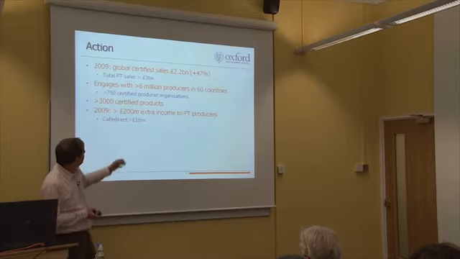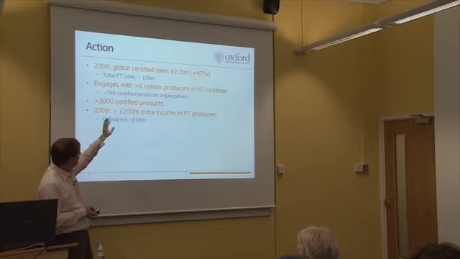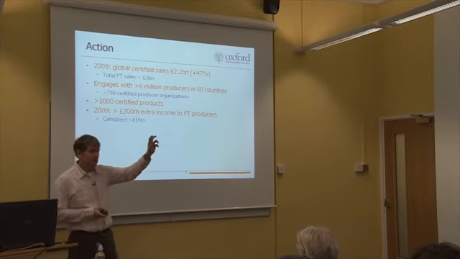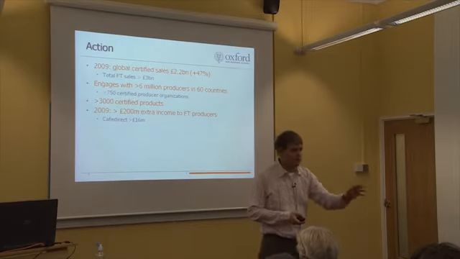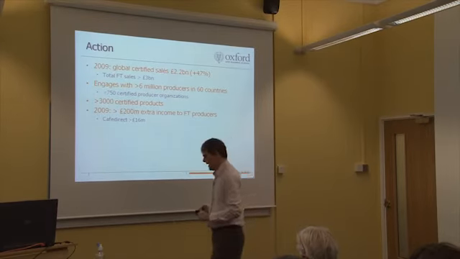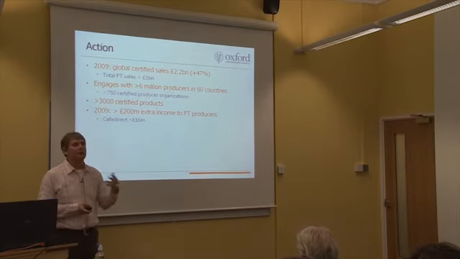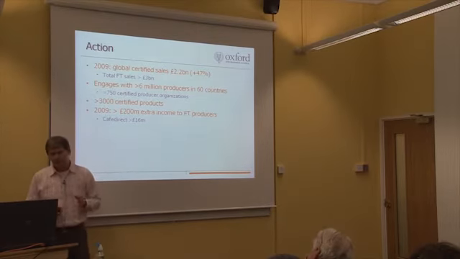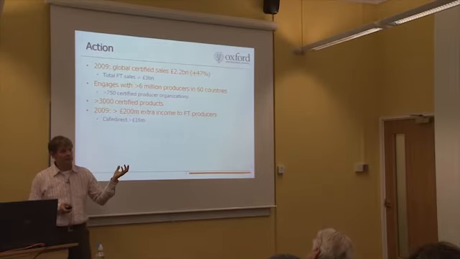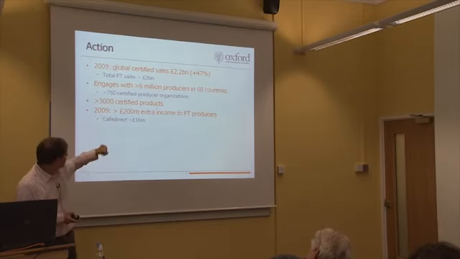At the global level, something like 2.2 billion in 2009 in sales. Now, I'll explain to you in a minute, that's certified sales. Fair trade actually consists of two wings, the certified products and those that are not certified in the same way. But the label that we know and love dominates the market, as you can see, and that was over 2 billion. Also, it shows you how important the UK market is. If you think the UK market was 800 million out of 2.2 billion, very important. It's engaging with 60 million producers, 60 countries. You can see the figures there.